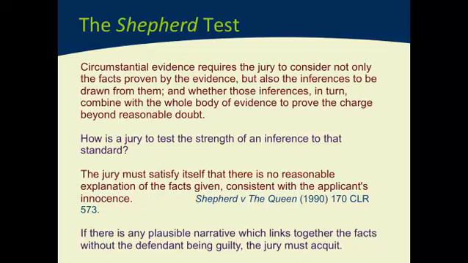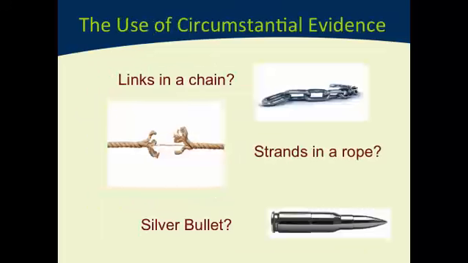How can we use circumstantial evidence? There's 3 ways, and they're described as links in a chain, strands in a rope, or the silver bullet. Links in a chain occurs when circumstantial evidence is used to set up essentially a logical syllogism, or a series of logical cause and effect to show that as you reason from one fact to the next fact, you arrive in a place where the guilt of the accused person, or where your cause of action, is adequately